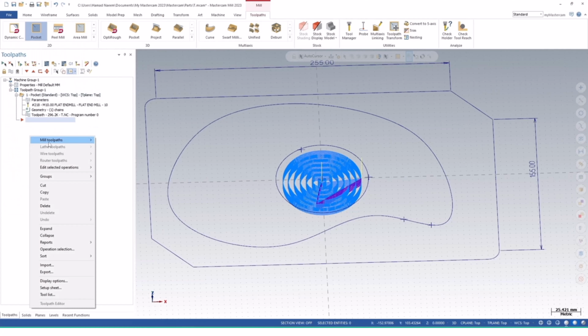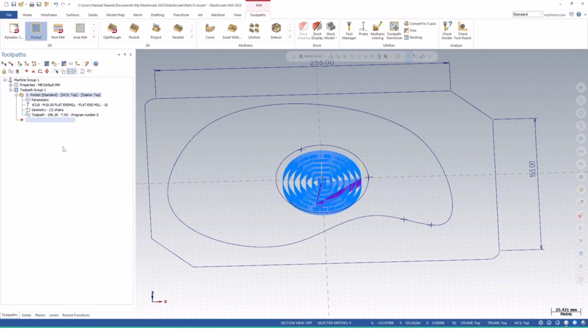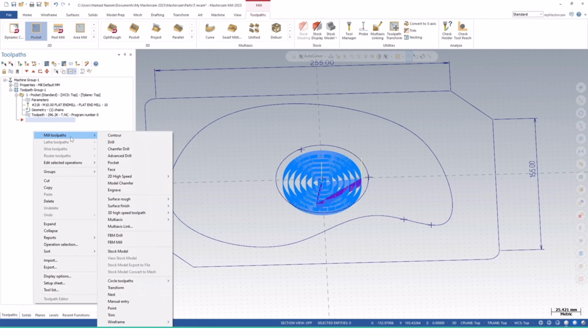Like make another pocket area. You can get all these tools by clicking on the feature manager or toolpath manager area, right clicking, and going to mill toolpaths, and we have the 2D, all these. So all these selected or shown toolpaths are the 2D toolpaths. Okay, and after this separator, we have the 3D toolpaths or multi-axis toolpaths, and then the feature-based drilling